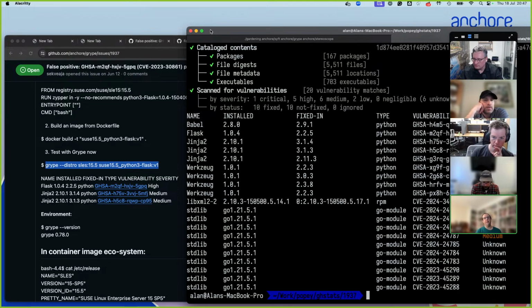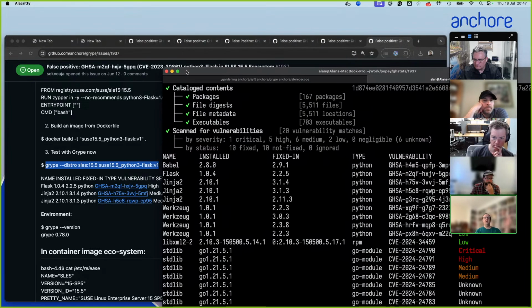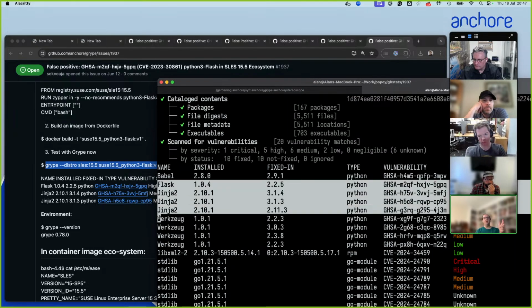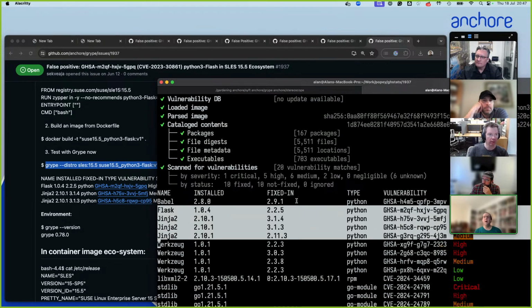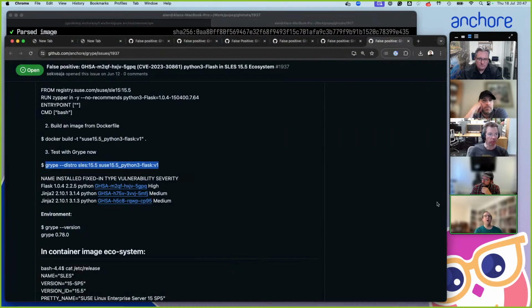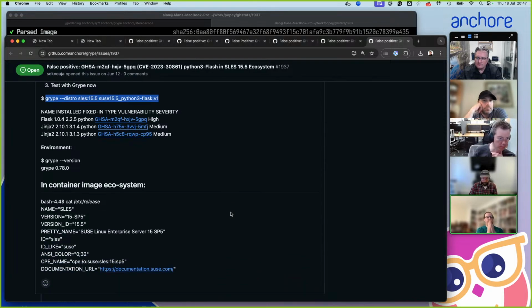So the problem is that the individual matchers report, there are really three things that can happen within a matcher. It can have a database miss where it's like, I don't know what you're talking about, nothing for this package. Or it can have a database hit where it's like, hey, I found a vulnerable one. Or it can have a detected negative where it's like, I found this package, I found this vulnerability, and it is patched. And the problem is that Grype's code, after matching begins, doesn't distinguish between the search miss and the